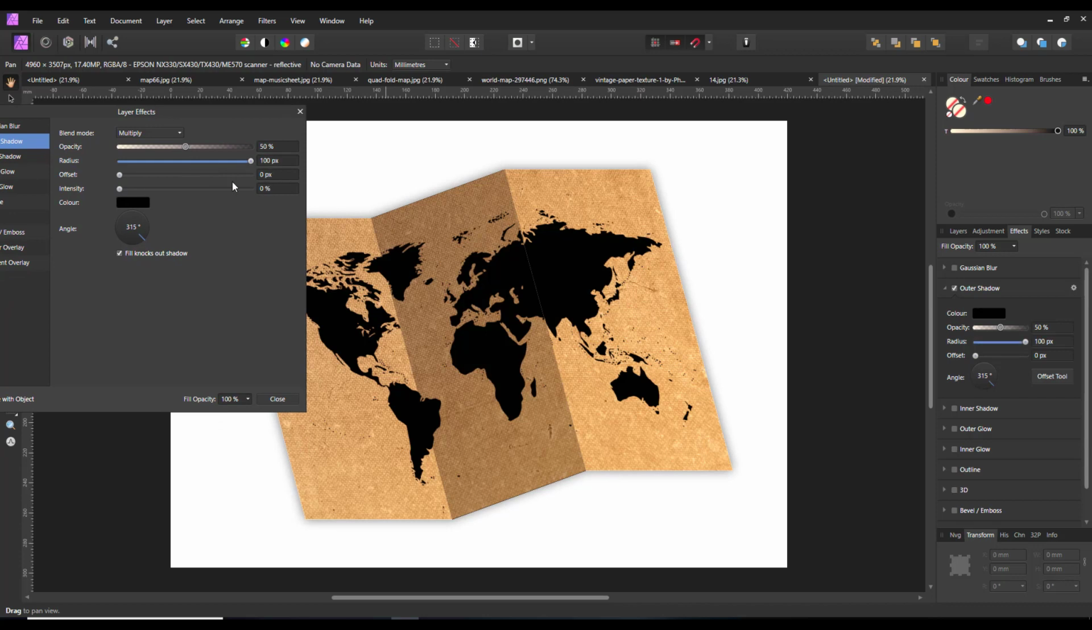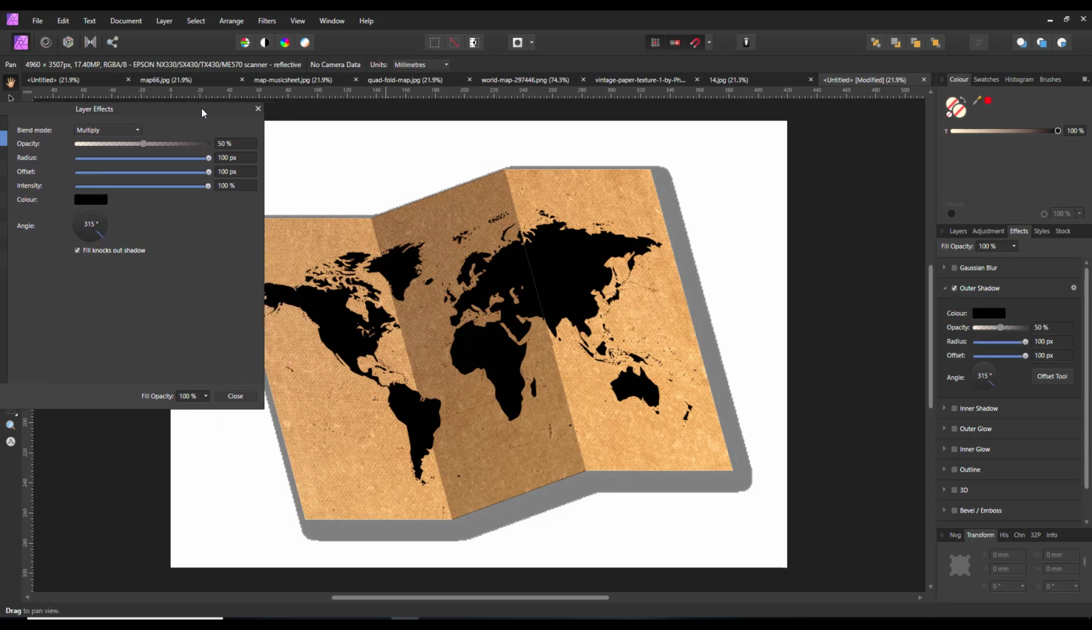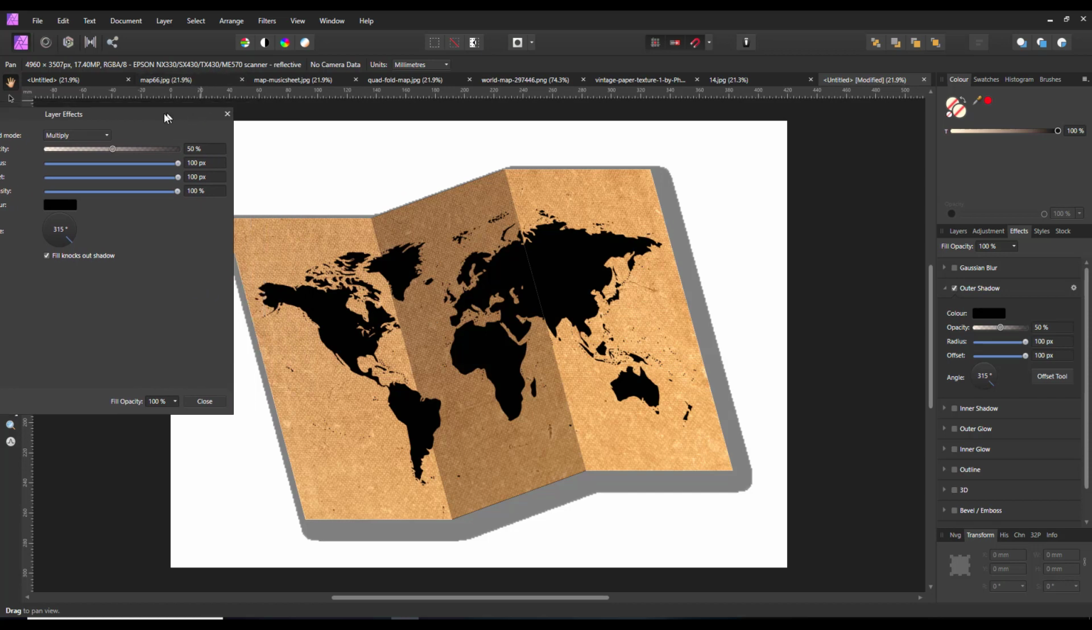So what I'm going to do is raise all of these up to 100% to start off with, so I can see where the shadow is going to be. And now you just need to work out what direction you want the shadow to come from. As soon as I've put the shadow on this middle panel, it looked like the light is coming from this direction,